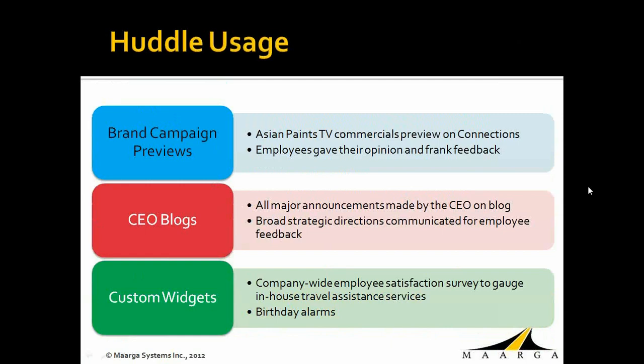The CEO has a blog on Connections. All strategic announcements and broad strategic directions are communicated for employee feedback via the CEO's blog. Not just the CEO, the other employees are also